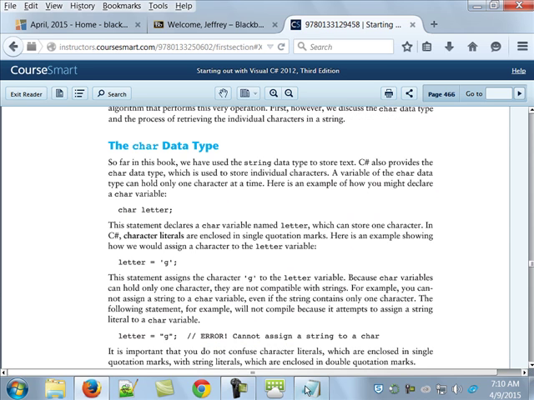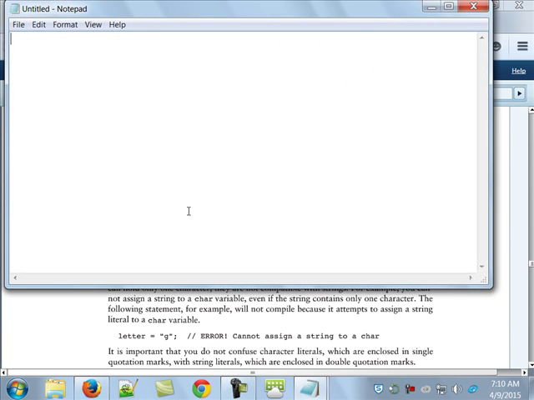So if I create a string, name equals Jeff, really that's the same thing as saying char first letter, FL, equals J, char second letter equals E, char third letter equals F, and char